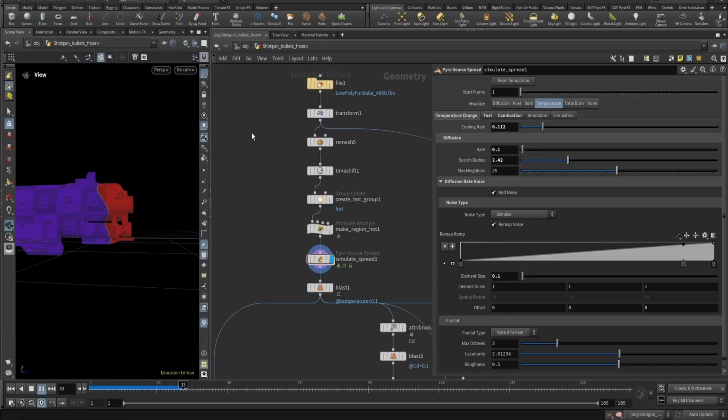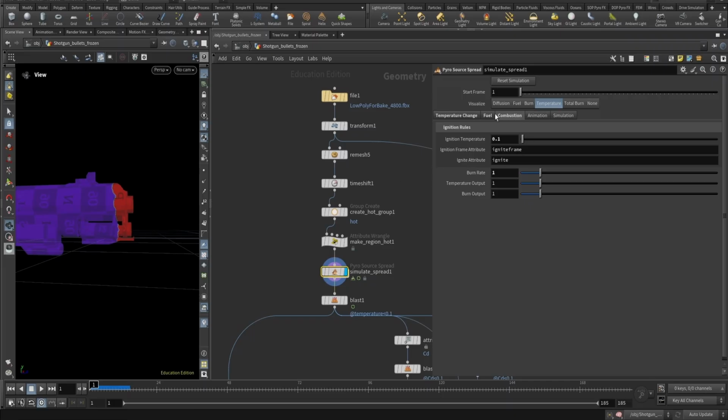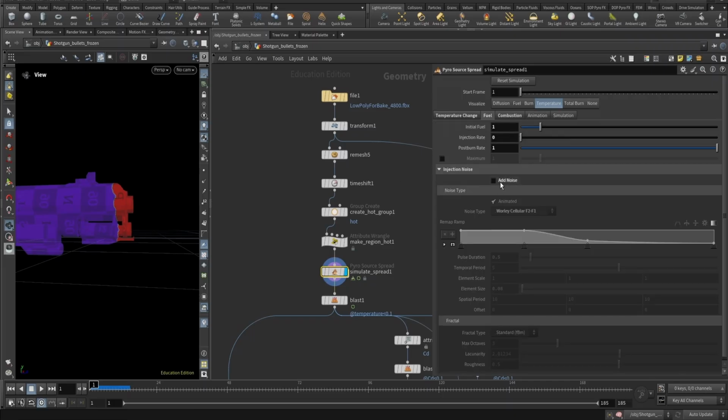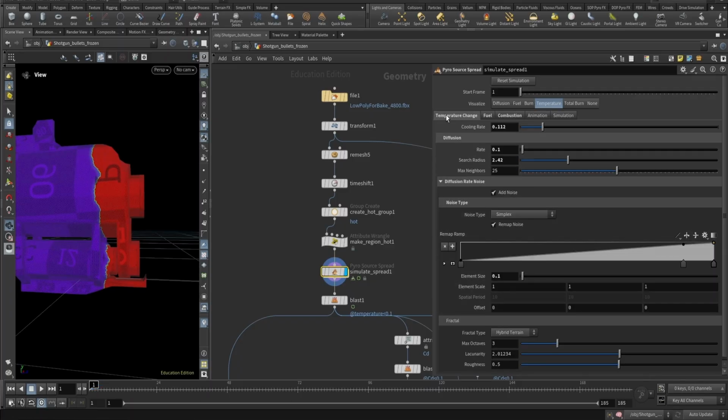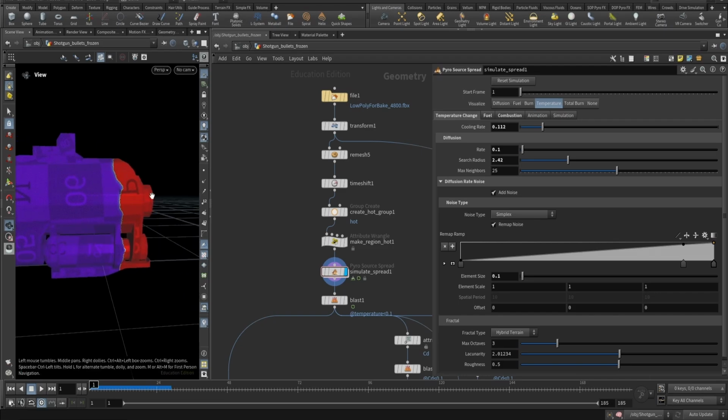You can change the values in the pyro source spread here. You have fuel, combustion, temperature. What it's doing for you is that it's creating a mask that will behave like spreading fire, you know. We're gonna use this node to recreate that spreading effects. You have different values that you can play with, the rate, the cooling, all of these. I just tried to keep it simple, but you can play with all of these different values to get different